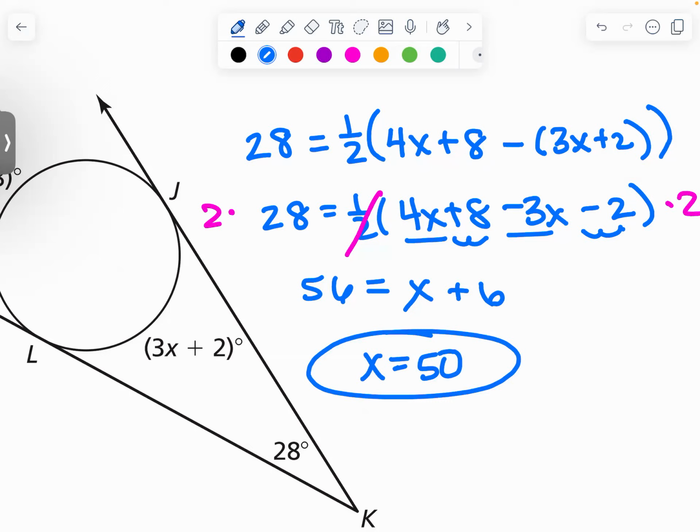Just want you to be careful with your algebra, okay? So your homework is in your packet, pages 10 and 11, it looks like. When you just add it up to 360,